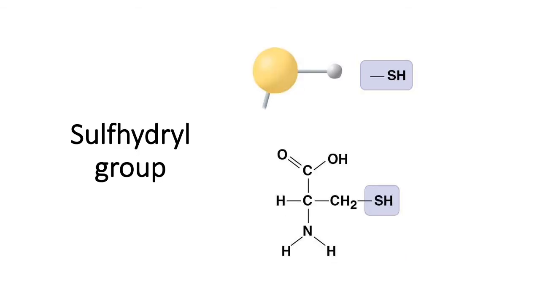This is a sulfhydryl group. This is another one where the name makes it kind of easy. So sulfur, hydrogen, sulfhydryl. So when you have sulfur and hydrogen hanging off of a carbon, it's a sulfhydryl group, and these help keep proteins bound together. We probably won't get into that very much, but